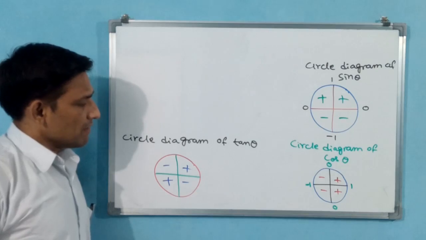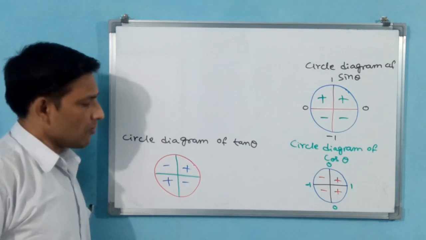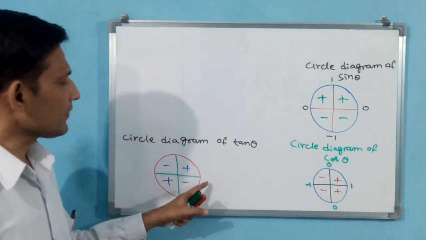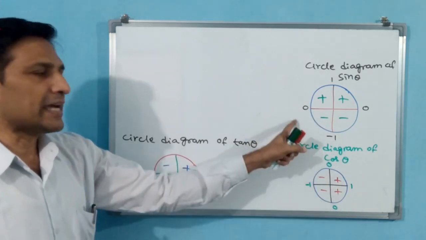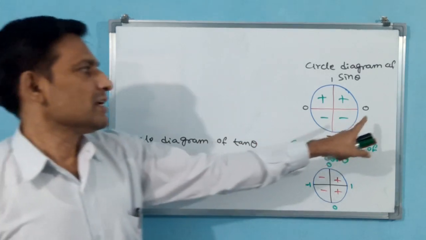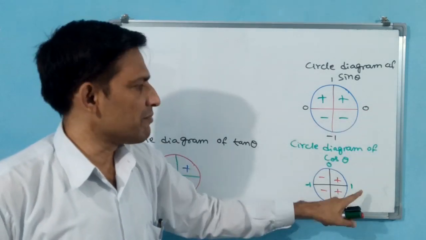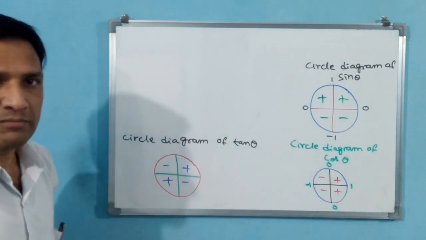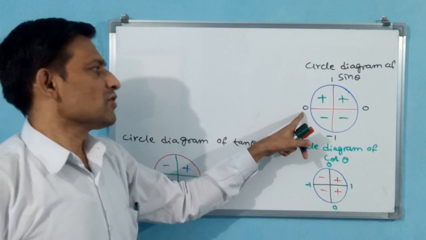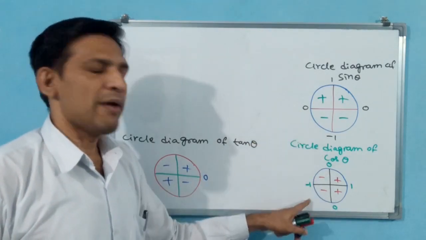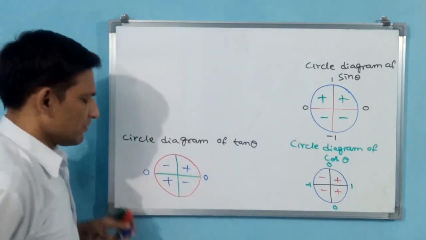But now come for values. Observe carefully how I am writing the values. Tan theta is sin theta divided by cos theta. Now here 0 degrees are there, and here 1 is there. So 0 divided by 1, how much will it come? 0 only. You write 0 here. Now here also 0 is there, and -1 is there. 0 divided by -1, how much will come? 0 only. You write down 0.